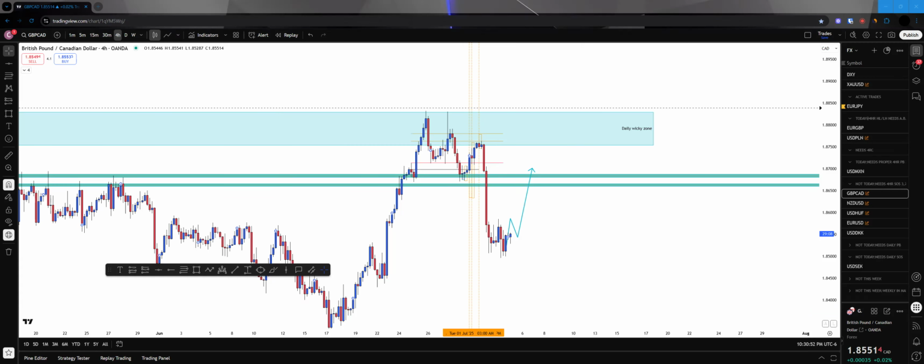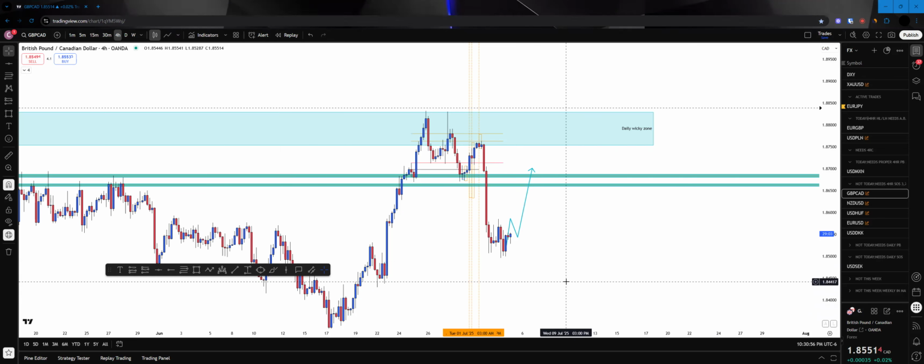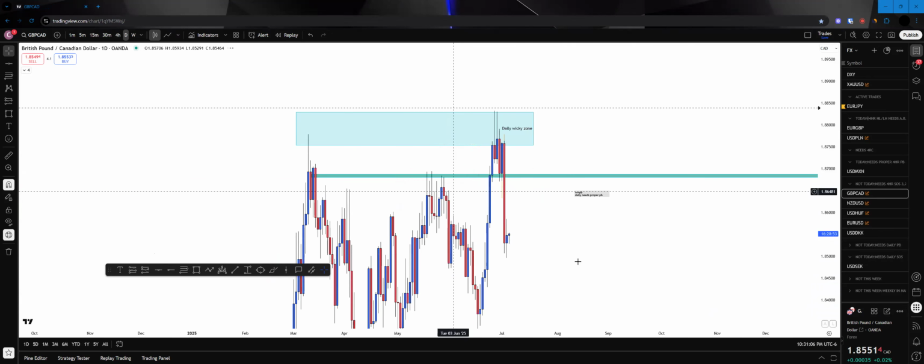Here's my daily breakdown for July 4th. So let's see. Basically, these pairs here all need the 4-hour shift. This needs the USD SEK needs the daily shift of structure. So if we go to the daily,